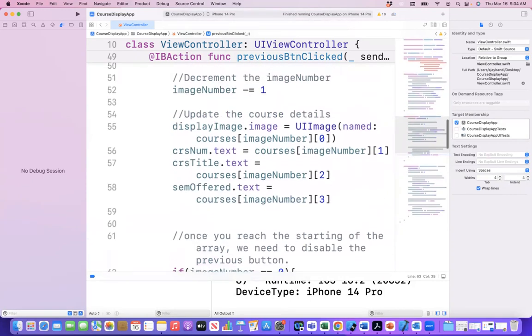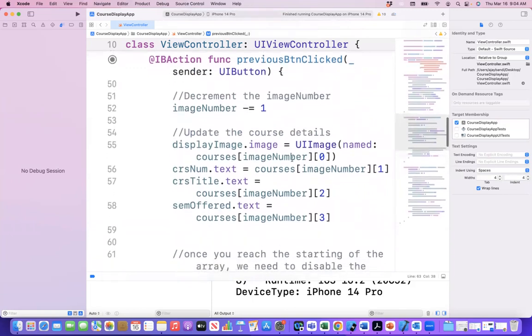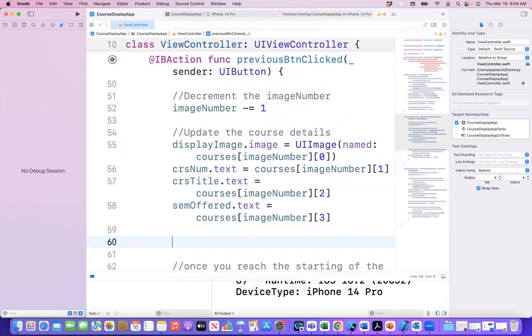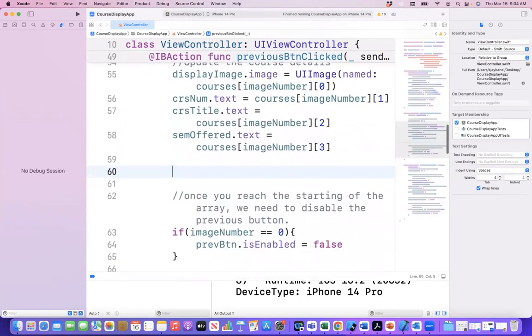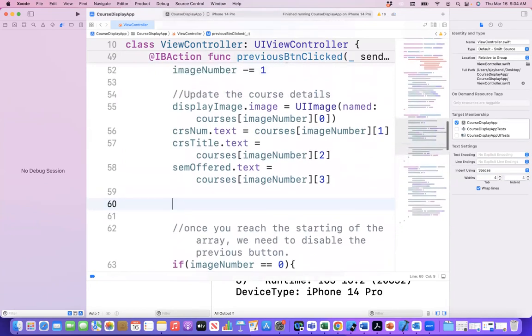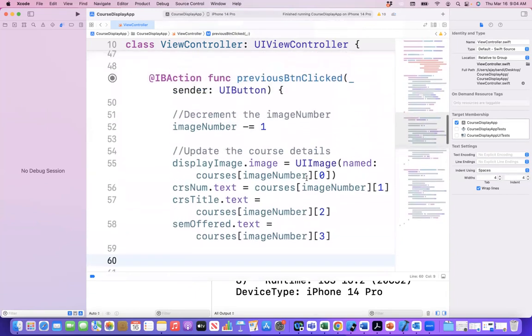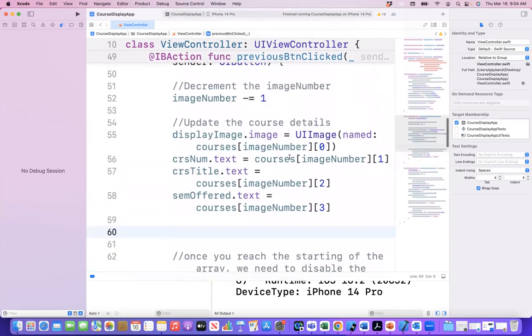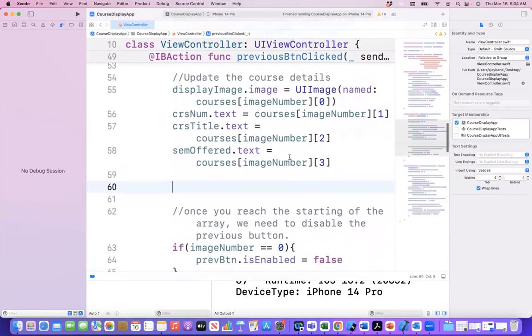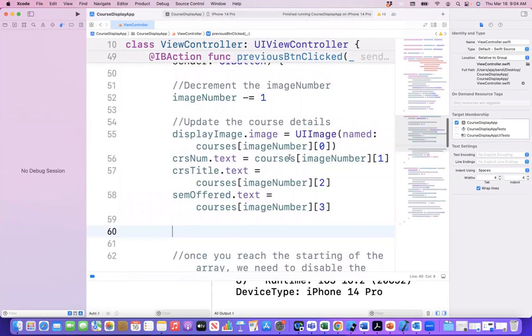Yeah, that's true. Very good. Once you decrement, you have to enable this. If it is less than the length of the array, then the next button should be enabled somewhere, as soon as you update the... no, this is the previous button, right? Okay, when you click the previous button,